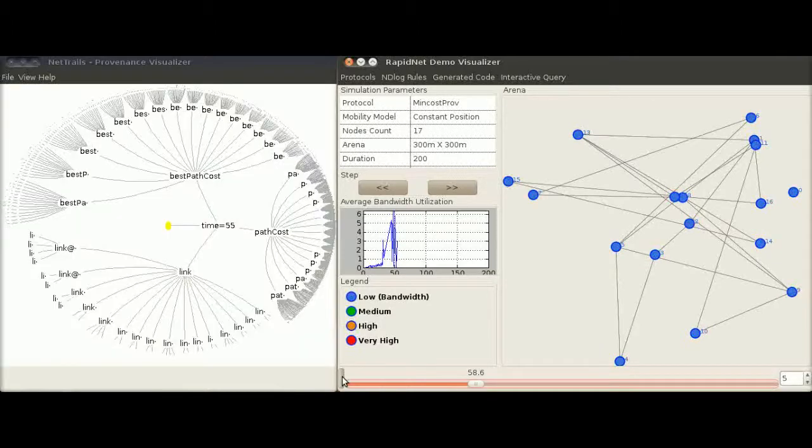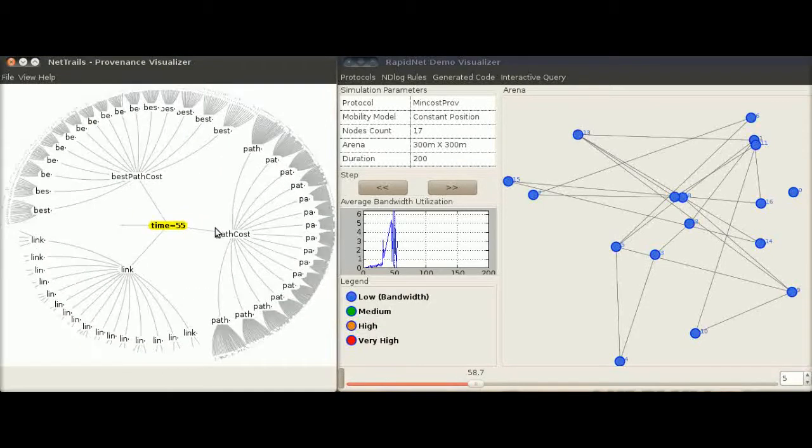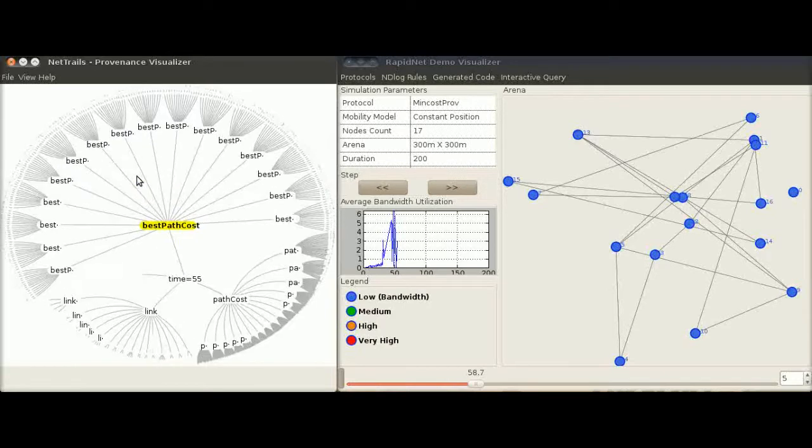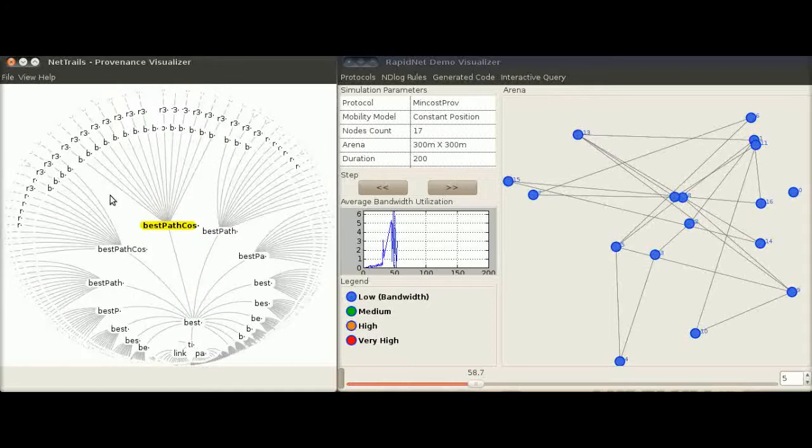At any time, we can pause the RapidNet visualizer and it will show the system-wide provenance in the Provenance visualizer on the left-hand side of the screen. We can navigate the Provenance visualizer by clicking or dragging, and the transitions, as you will see later on, are fairly smooth. For example, we can look at the table best path cost and explore a derivation of a particular